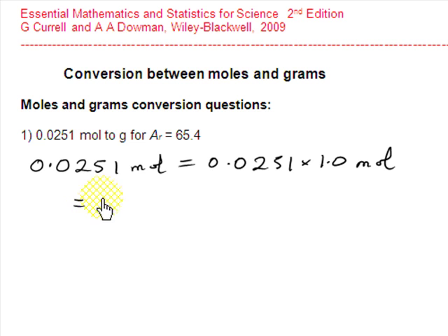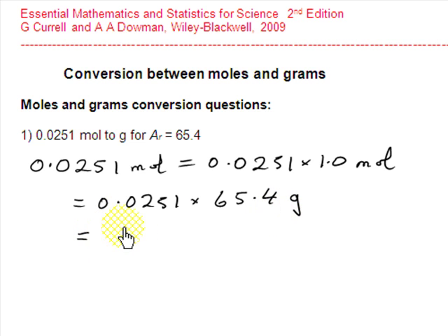And then we know that 1 mole of an element with a relative atomic mass of 65.4 will have a mass of 65.4 grams. So this means that we can replace the quantity 1 mole by a quantity of 65.4 grams. So now we've converted our quantity in moles to a quantity in grams, and we can just calculate the result of the product, giving a value of